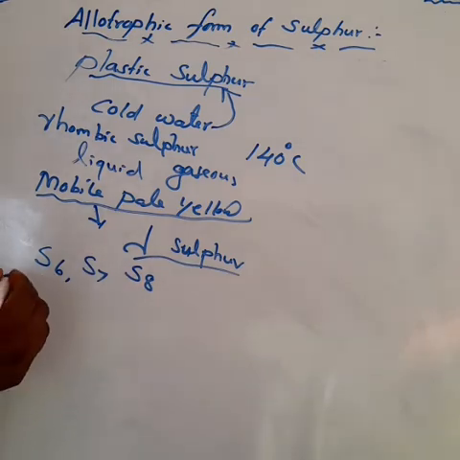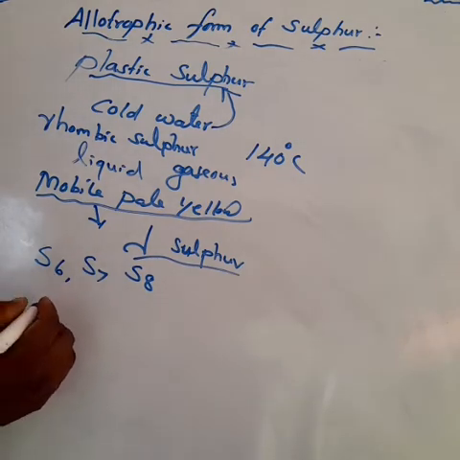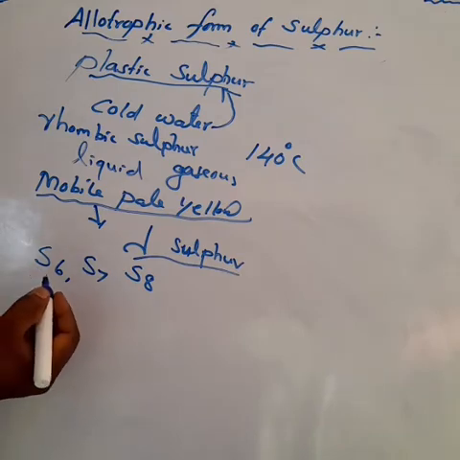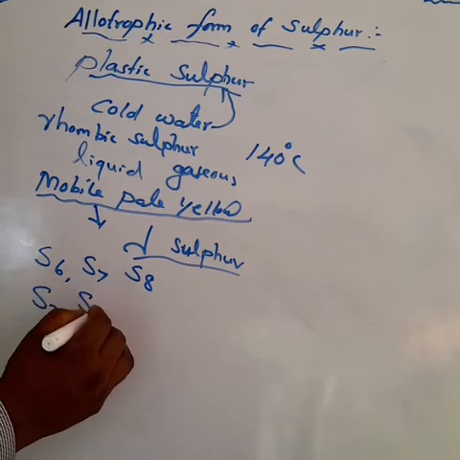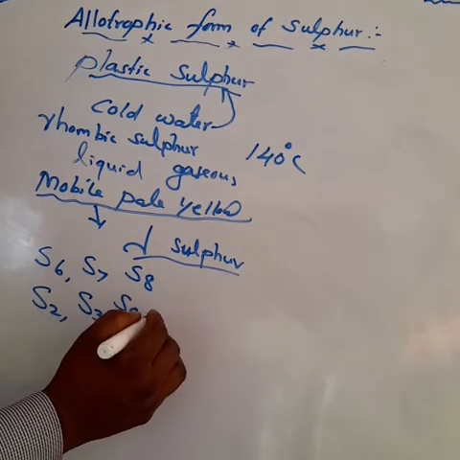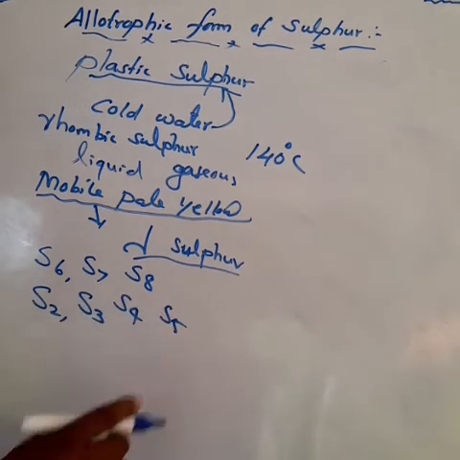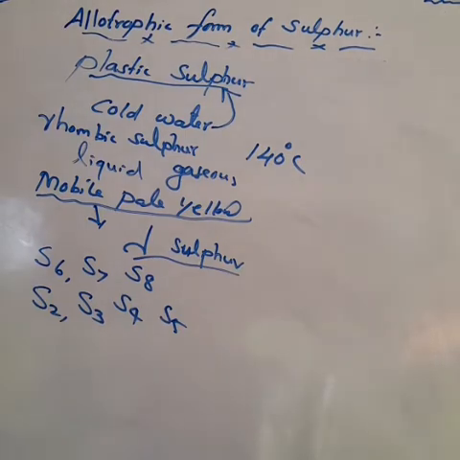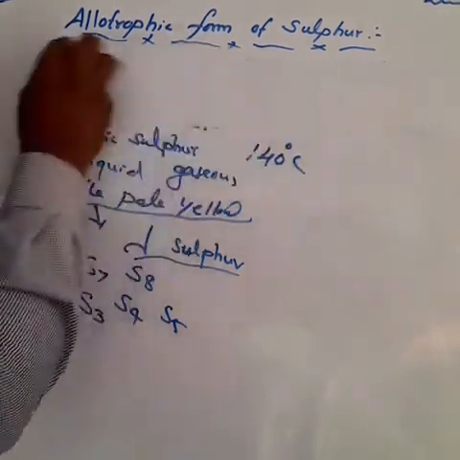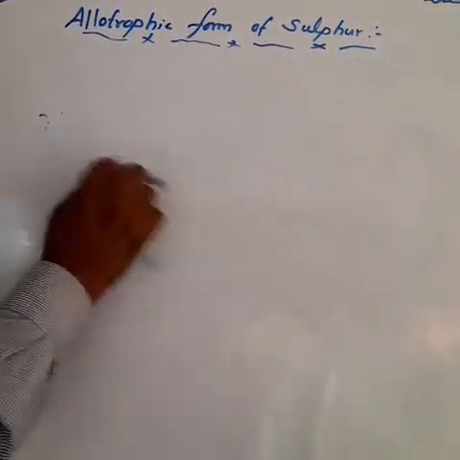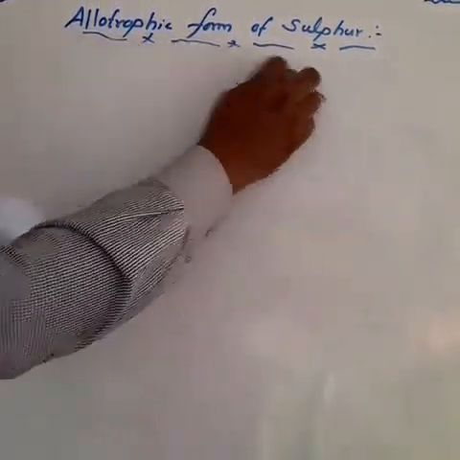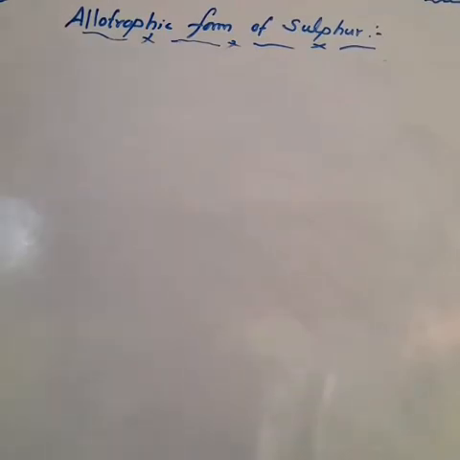Also a small amount of a mixture of sulfur S2, S3, S4, and S5. These are some molecules of other sulfur also present. These are some of the properties and chemical reactions, and also we will learn about